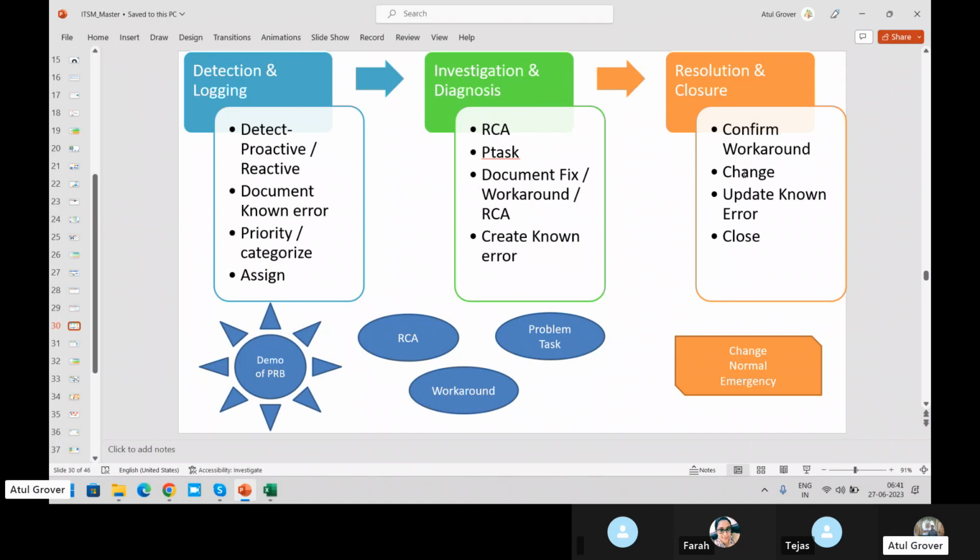Because you're going into production, and in production you cannot deploy anything like this. You have to raise a change. And once you raise the change, it goes through a complete life cycle. Then we update our non-error records. After the change, maybe the problem is not fixed, then we have to update it, right? And at last, if everything is working fine, we can close it. If not, then reopen it and work again on that part. This is the whole life cycle of a problem record.